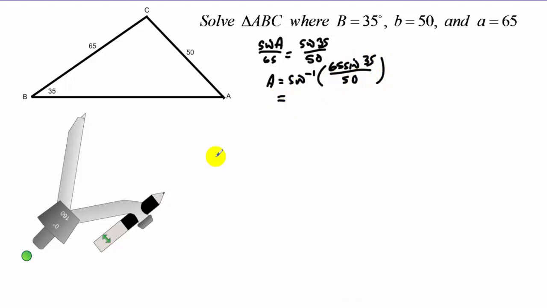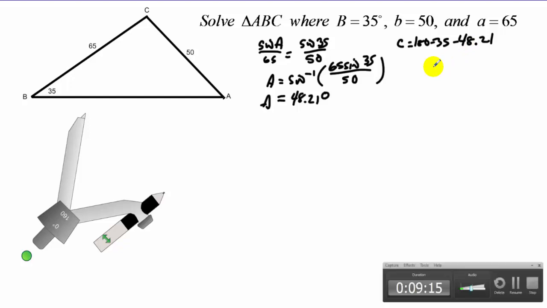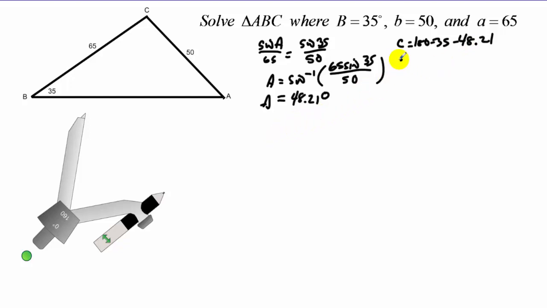And that gives us a value of 48.21 degrees. I subtract from 180 to get C. So C equals 180 minus 35 minus 48.21, which ends up being